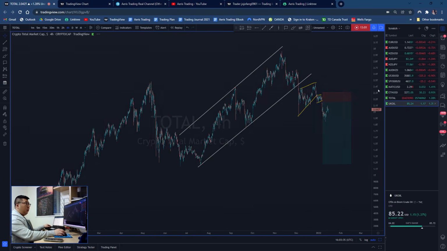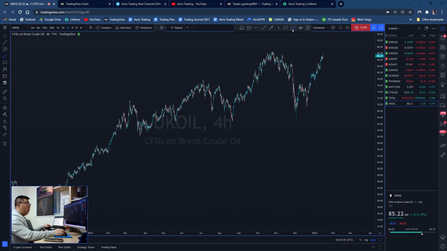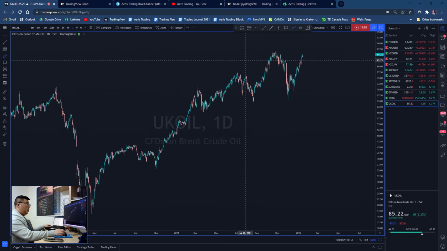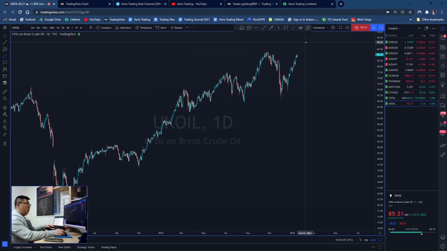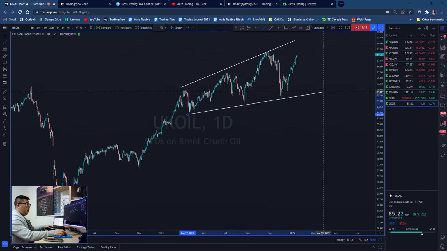Last I want to go over UK oil. So another commodity, looking at price action here. Again, start from the higher time frame, identify the impulsive phase and corrective phase, and we know that this last bit of the price is rather corrective. So we're going to pinpoint the structure here from swing high and swing low, identifying that this is a corrective